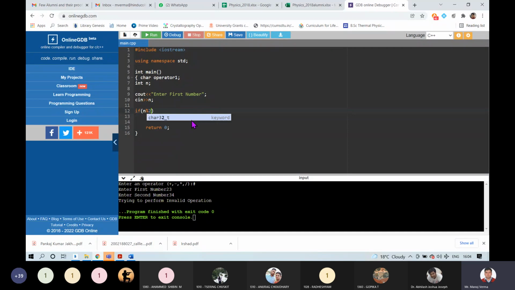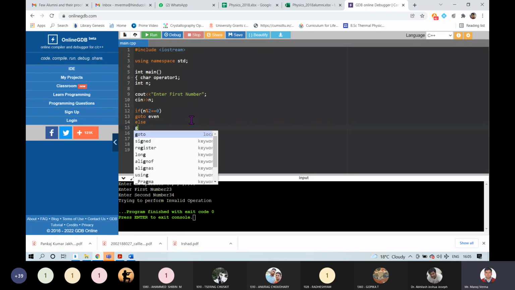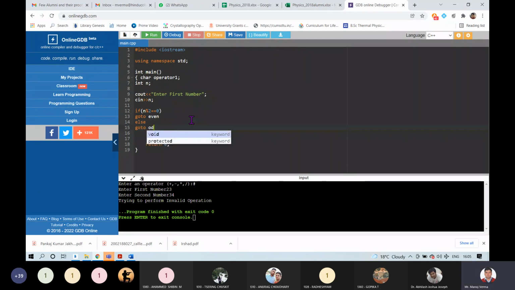If n percentage 2 equal to 0, then go to a label which I am saying is even, right? If this is an even number, go to even, else go to odd, and then end the program, right?